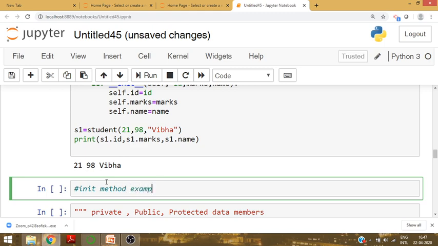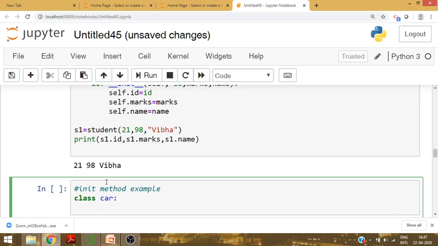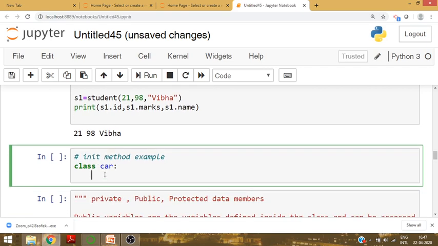Init method example. Suppose consider a class Car. Okay, example of class is Car, and in that we will use the init method. Okay, how to write the init method? By using the def keyword.